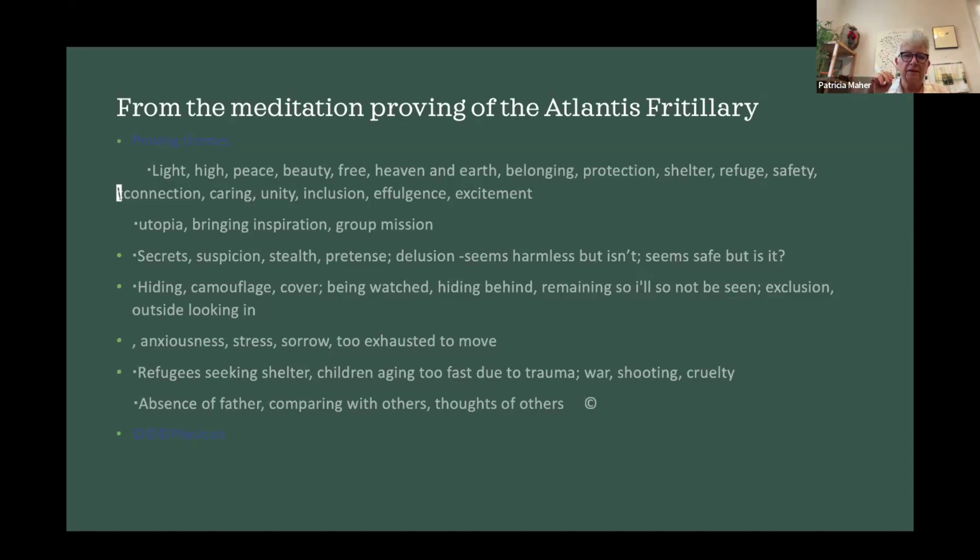Seems safe, but isn't. Hiding, camouflage, cover, being watched, hiding behind, remaining so I won't be seen, being on the outside looking in, anxiety, stress, sorrow, too exhausted to move, refugees seeking shelter, children aging too fast due to trauma, war, shooting, cruelty, absence of the father, comparing with others, thoughts of others. We got a lot from that